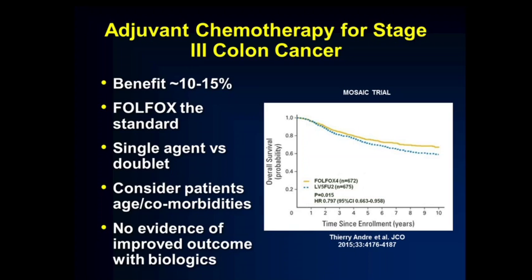So now FOLFOX in stage 3, generally speaking, is the standard. However, there are situations where you need to consider age and comorbidity to see whether or not that relatively small relative impact of 10 to 15% translates into benefit to the individual patient. So if the patient is 80 years old, or if the patient has a pre-existing neuropathy, it may be that